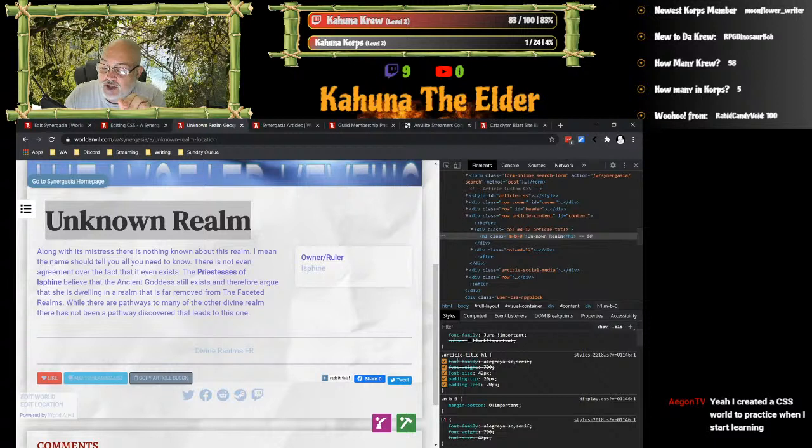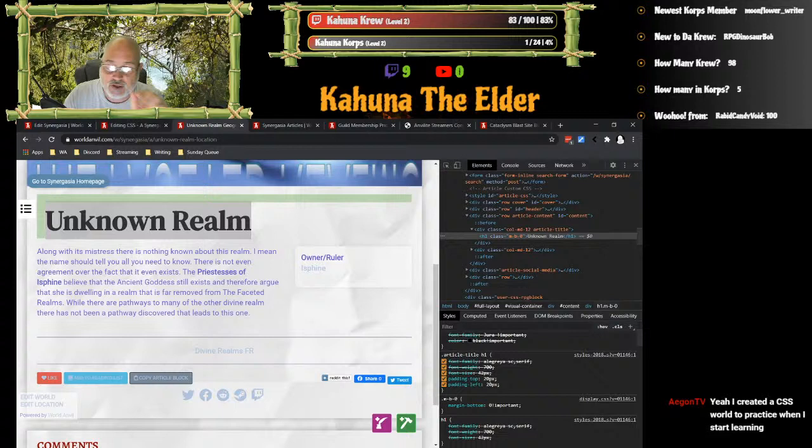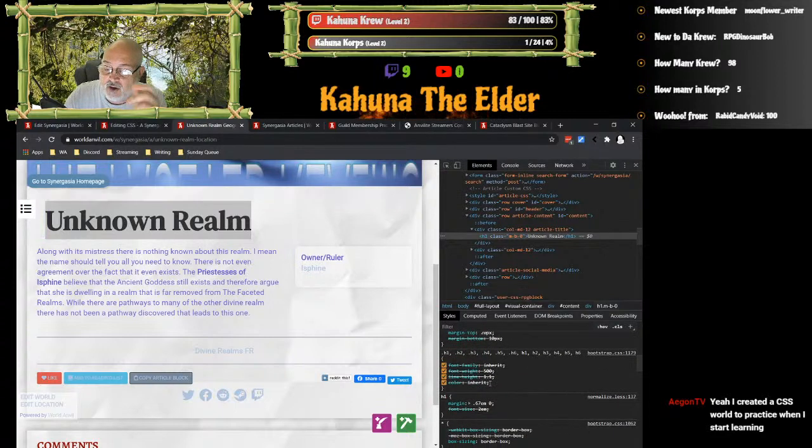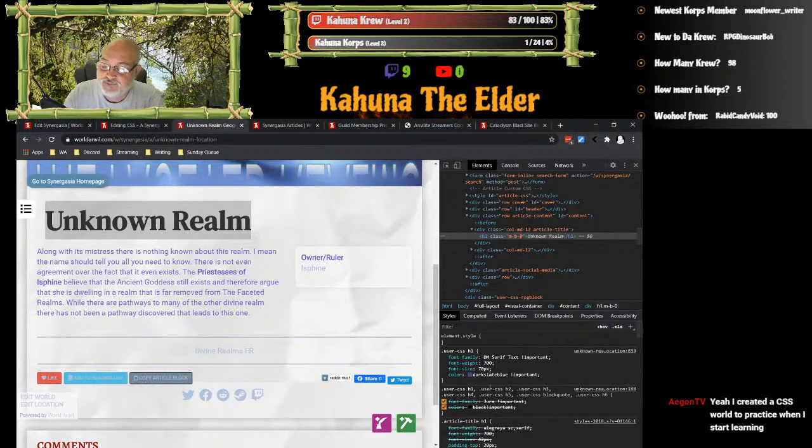And again, you can look at .article.title. Here it says padding top and padding left. Well, that's the spacing around this H1. And notice it's in a different spot. Why? .article-title is a different H1 than other H1s. And you have all the different parameters for each one, which they call attributes.